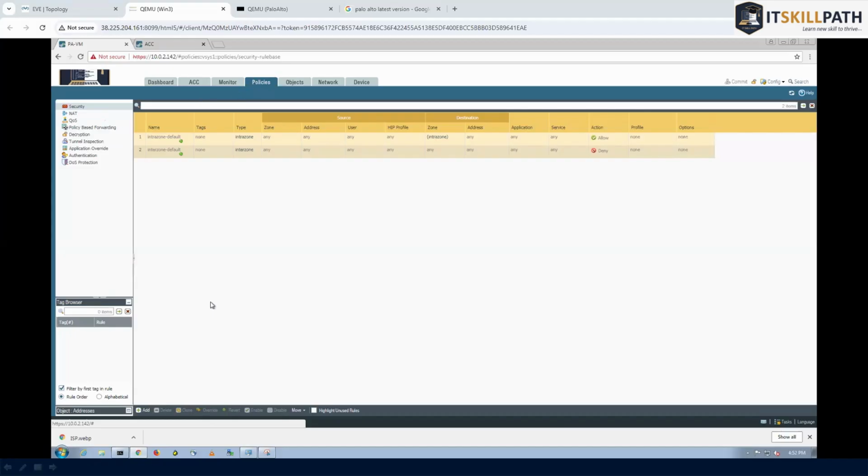Then comes the monitor. What is the monitor? It is to check the logs, meaning who has accessed what. If you want to see, let's suppose a user is trying to access some